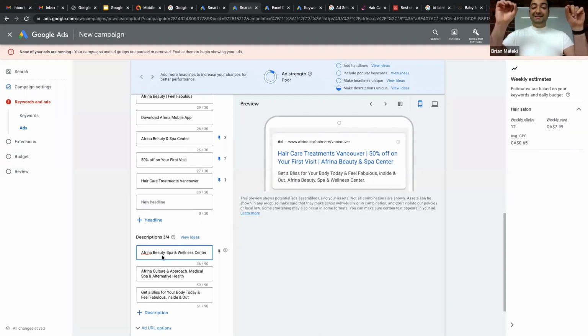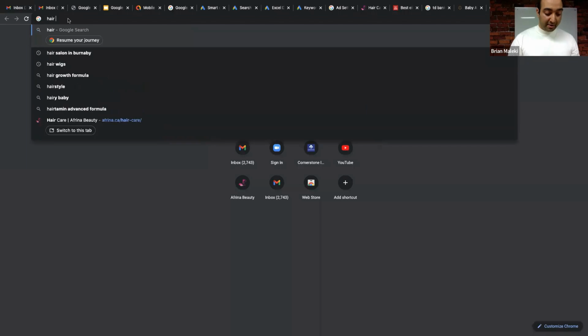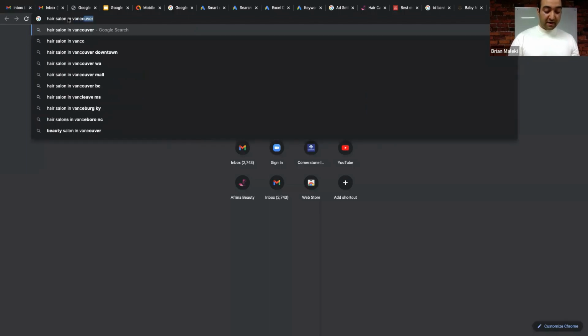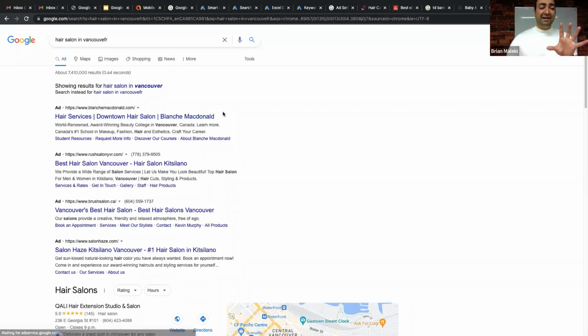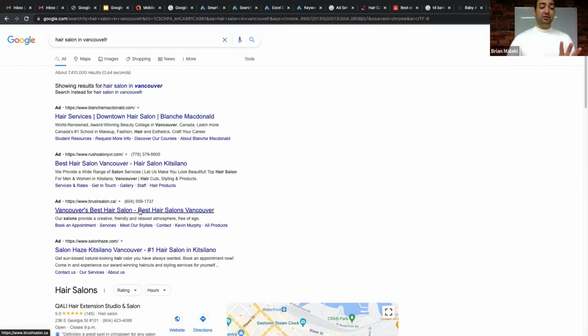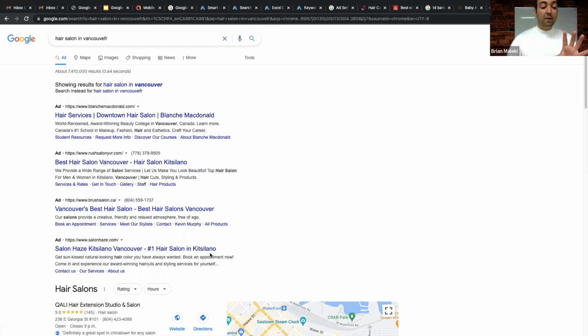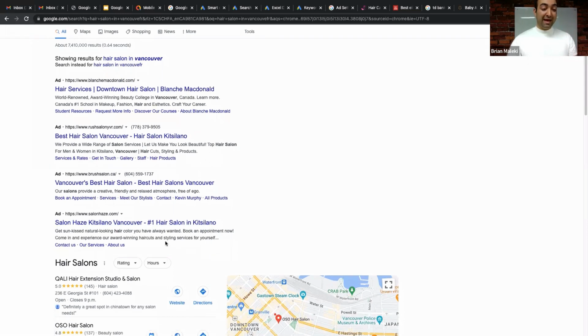And after that, for description, guys, after the searcher sees those headlines, they kind of scan, they don't read, they scan headlines of different ads. For example, if I search here, hair salon in Vancouver, they quickly scan headlines in less than 30 seconds. Scan headlines, then see number one hair salon in Kitsilano. Then they stop on one ad and then they